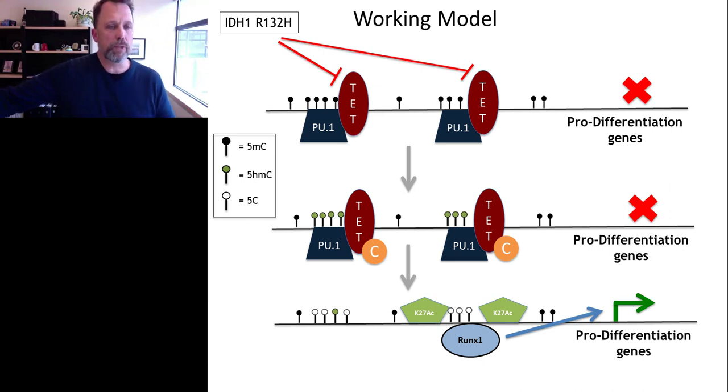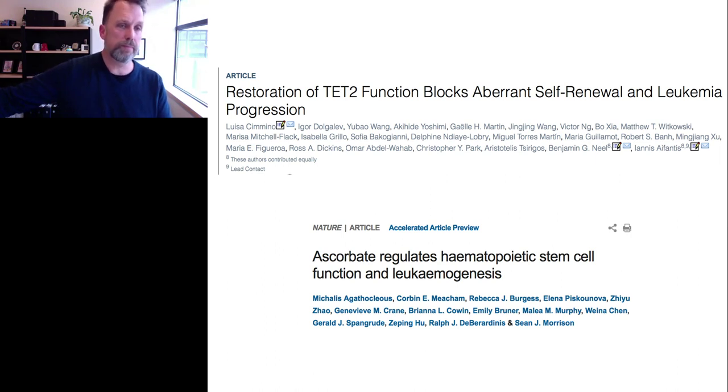And so this is the model which we're currently trying to validate in the context of human PDX models. Now, after we published our paper, two papers were published which showed similar features, but in this case looking at TET2. So instead of looking in the context of a gain-of-function IDH mutation, they looked in the context of direct TET2 inactivation, showing that TET2 inactivation blocks self-renewal and leukemic progression, and that ascorbic acid is involved in regulating hematopoietic stem cell function and